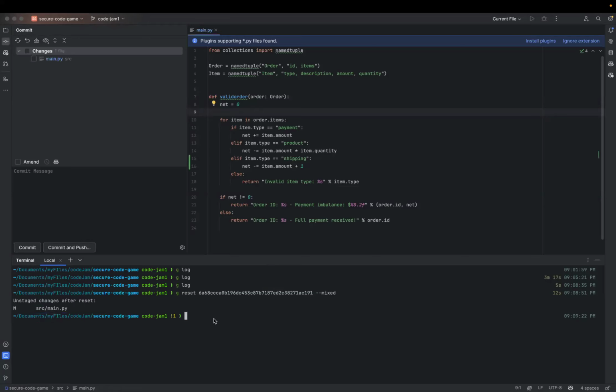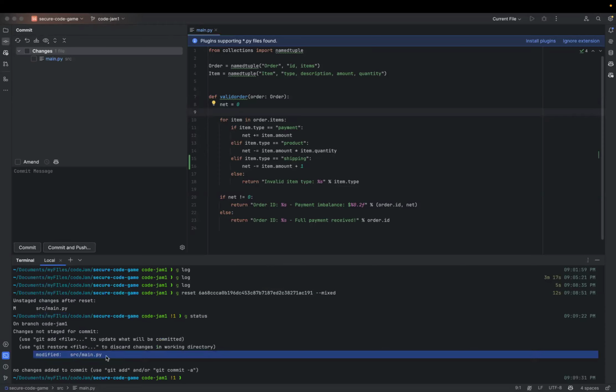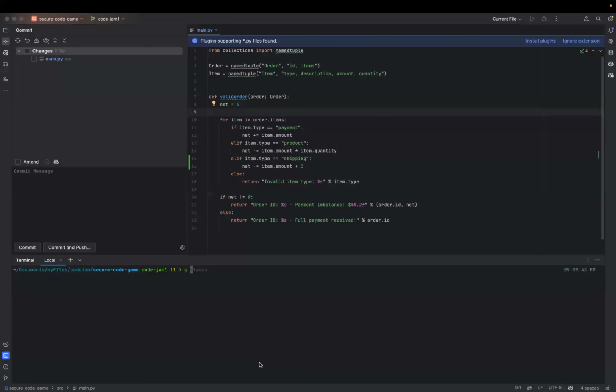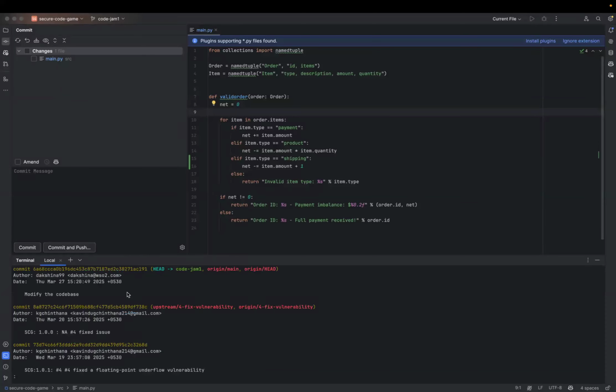And you can see whenever you hit git status, these things have been made unstaged, because the color is red now. And also when I hit git log again, you can see no commit message with the adding shipping feature, right?